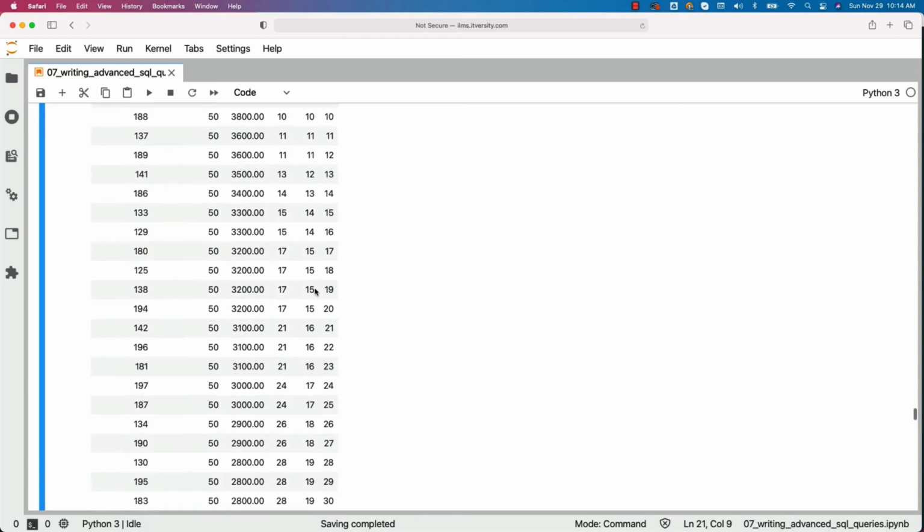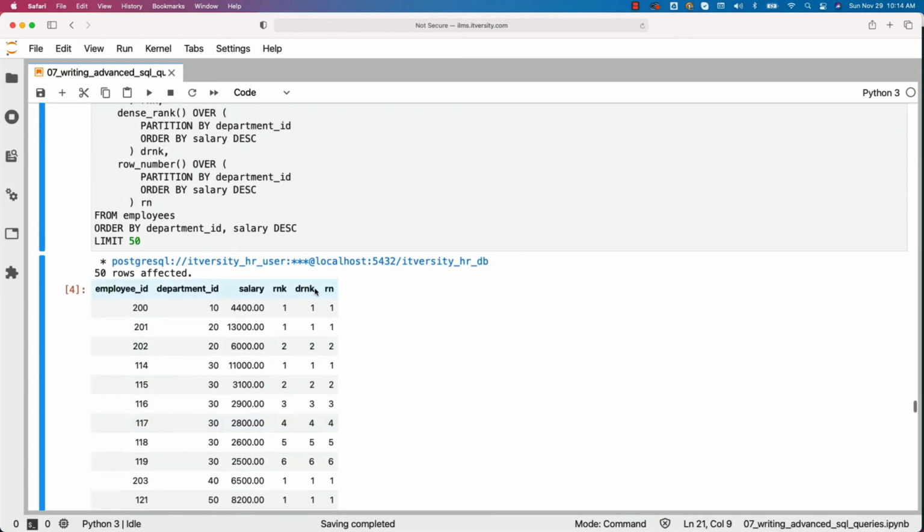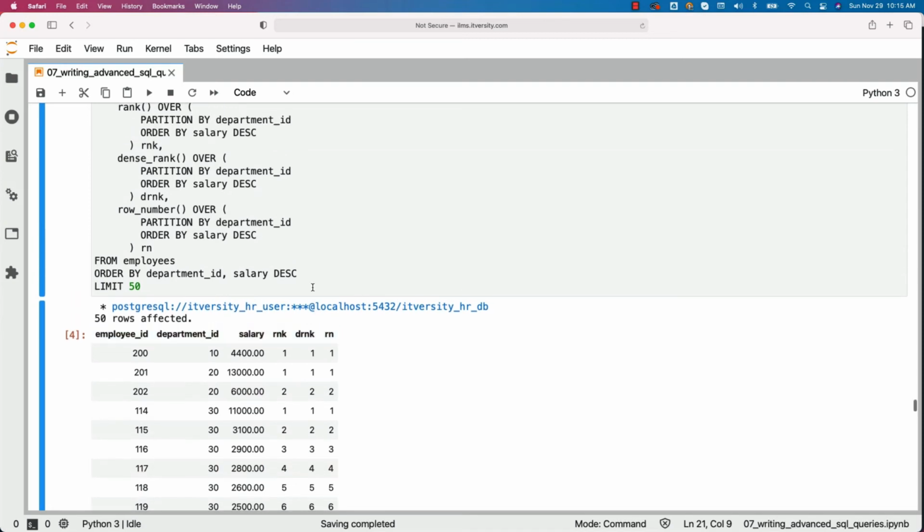When it comes to row number, as I mentioned to you earlier, in each run, it might assign a different row number. However, if you want to make sure that every run you assign the same row number, what you can do is you can actually say row number over partition by department ID, order by salary DESC, and then you can specify some unique field such as employee ID, and then you will be able to assign same row number in each and every run.